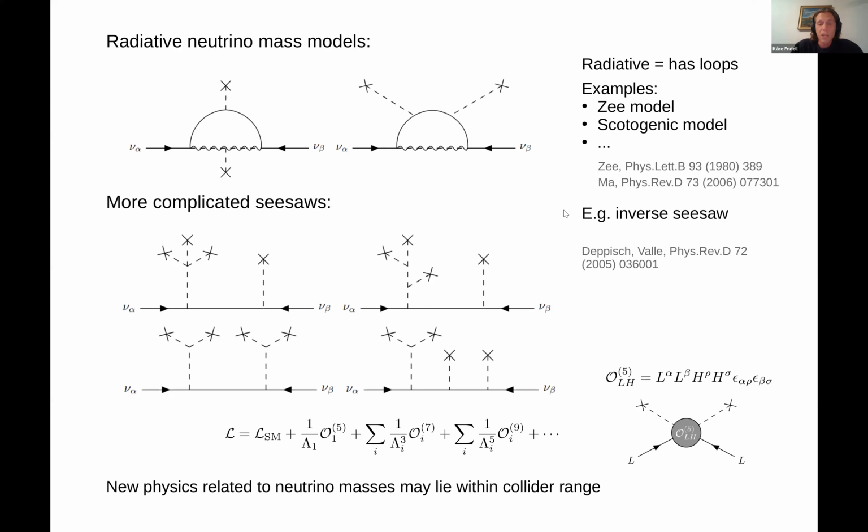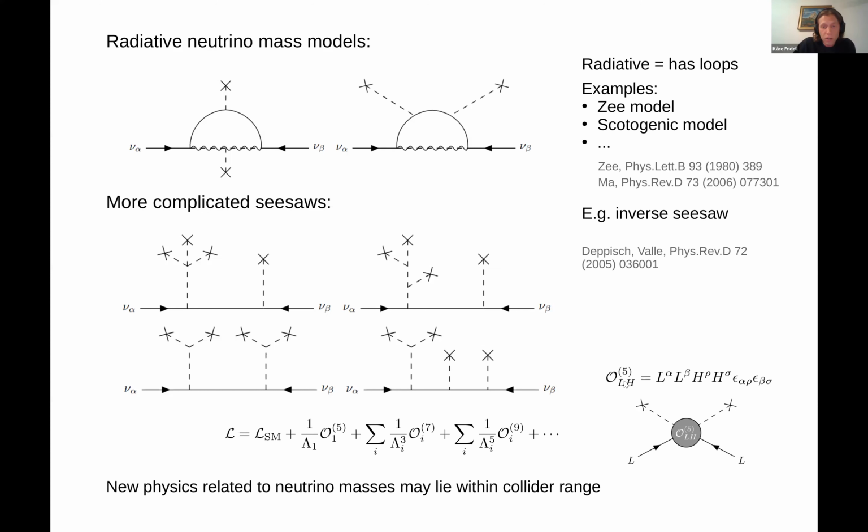So it can be that, like I argued before also, the new physics scale that leads to Majorana masses for the neutrino is slightly above electroweak, or a few TeV or so on. So within the range of colliders, like current colliders or future colliders. And a natural question to ask is then, how would we see signs for this kind of new physics related to neutrinos at colliders.